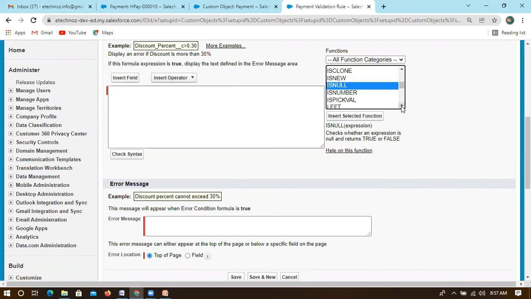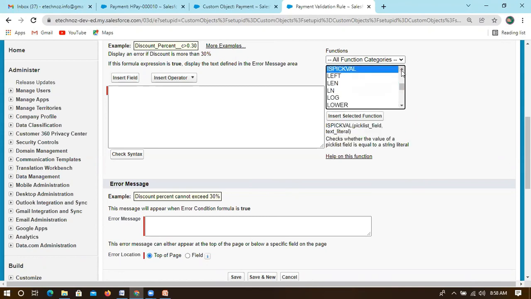So is null is something where we can just mention any number format, like if you have a number type, you can just check is null. And is number is also something we have already used. This one converts the text to number format, so it will check this text as a number. And 12 we have already seen.